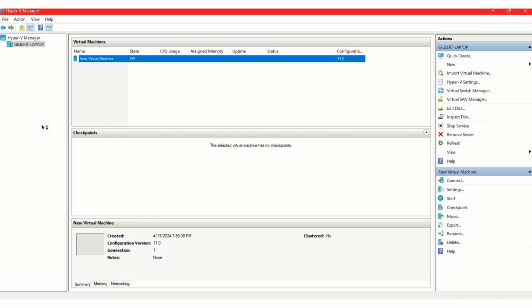Normally when you set these up, you need basically a disk image. I can show you how to do that later, or if you need me to, I can send you a link, but I already have mine set up, so I'm going to show you how to start here. So we're going to go to New, set up a virtual machine,